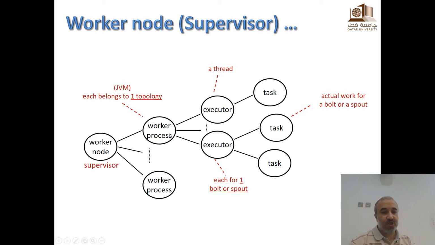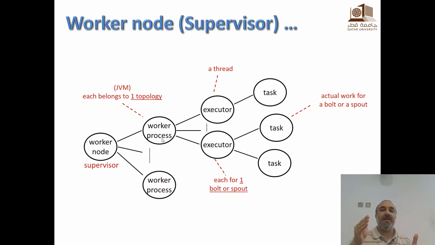Each worker process belongs to one topology. Remember, this is a cluster that can run multiple topologies at the same time, like a Hadoop cluster runs multiple jobs at the same time, right? Here, multiple topologies. The job in Storm is called a topology. So if I am now in one worker node, I might run multiple worker processes. Each one will belong to one topology.